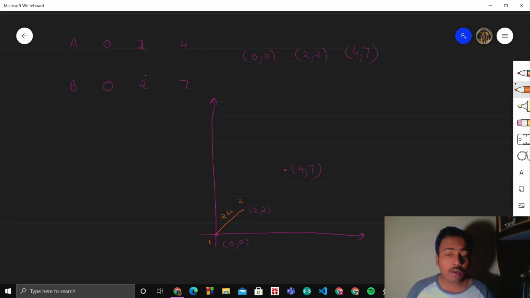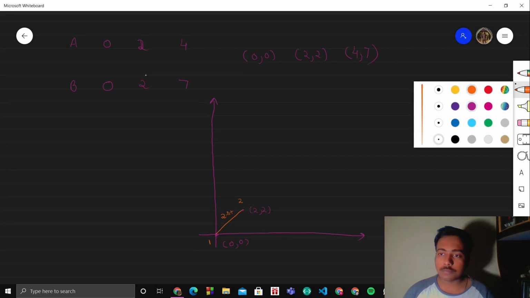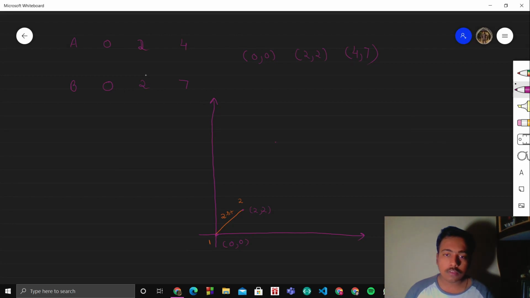But now the best way to cover the distance from 2 comma 2 to 4 comma 7 would be if we first go to 4 comma 4. So our 4 comma 4 would be somewhere here. My bad, your 4 comma 7 will actually be on top. So this was your 2, 3, 4, 5, 6, 7. So it will be somewhere here, 4 comma 7.